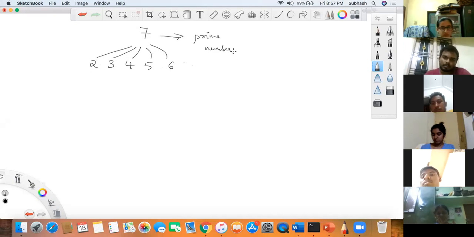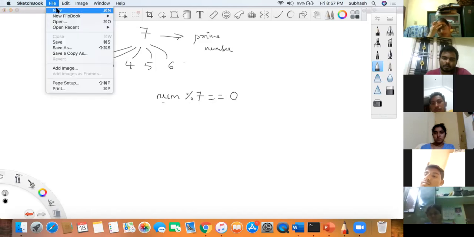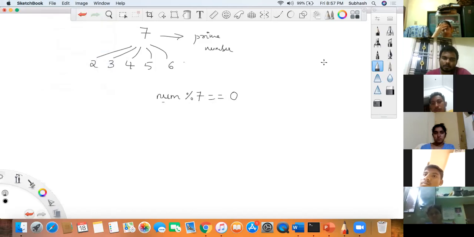But my question is, how will you know whether 2 will divide 7 or not, or 3 will divide 7 or not, or 4, or 5? If the number mod 7 results in exactly 0, it means this number will divide. Oh, sorry, one second.